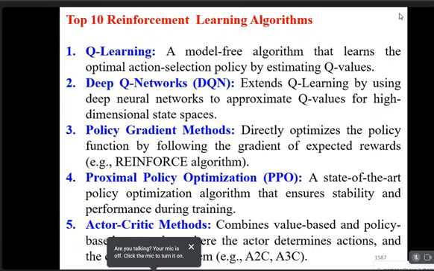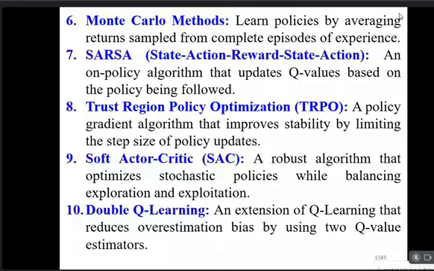That's why we are going for policy gradient methods, which directly optimize the policy function by following the gradient of expected rewards, example REINFORCE. Then actor critic methods combine value-based and policy-based approaches, where the actor determines actions and the critic values them, A2C, A3C. Then Monte Carlo methods learn policies by averaging return sampled from complete episodes of experience. SARSA is one more reinforcement learning algorithm,